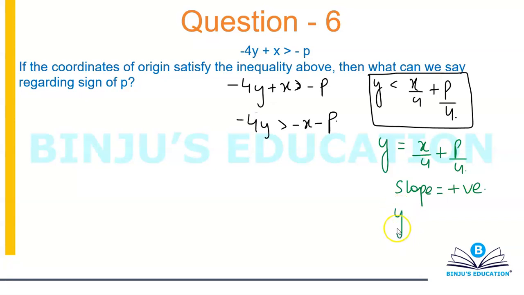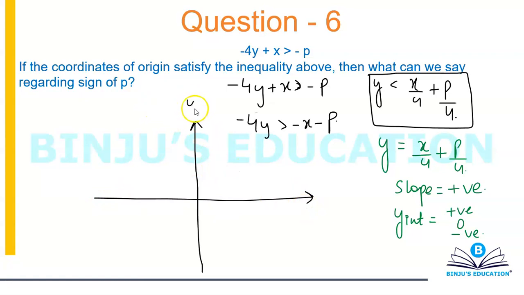No. So what I'm going to do is I'm going to take all the three possible cases, that my y-intercept can be positive, my y-intercept can be negative, and my y-intercept can be zero also. It can be positive, 0, or negative, all the three cases. And I'm going to draw all the three cases. Again, then we're going to eliminate. Let's try. So let's draw the xy axis. This is my y-axis, this is my x-axis.